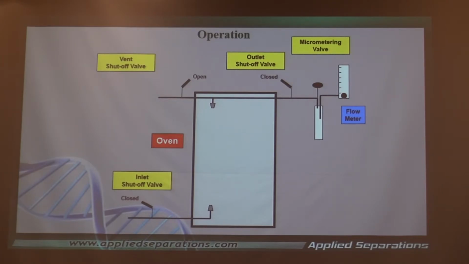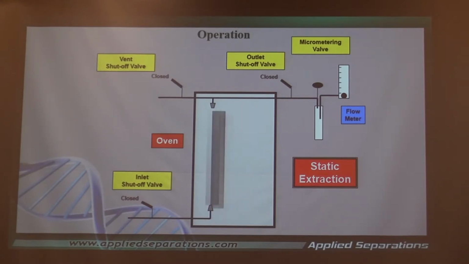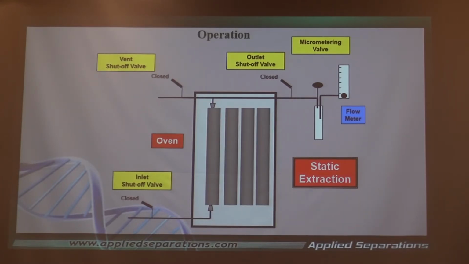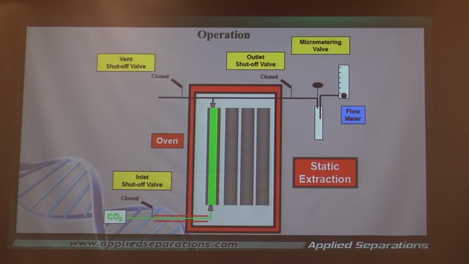Static is what, and those of you that have worked with supercritical fluid know this immediately, but for those of you that haven't, all it really means is a static extraction is where we introduce the vessel into the system, and then we bring in the CO2 to the valve, fill up the vessel, bring the CO2 in, and leave it there. It's analogous to having your tea and putting the tea bag in and leaving it there.